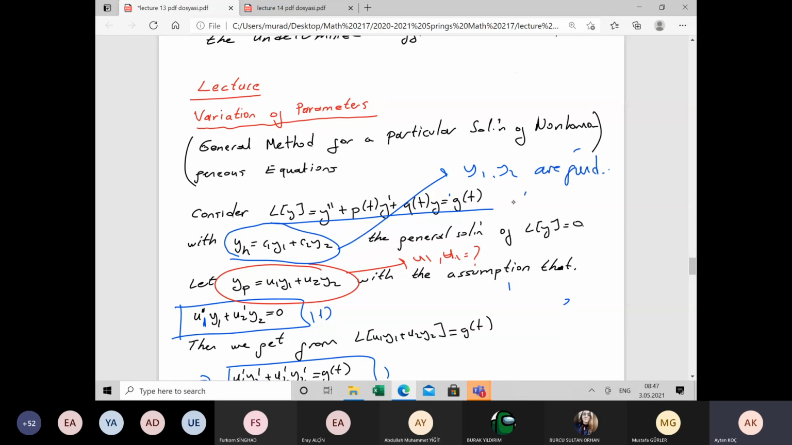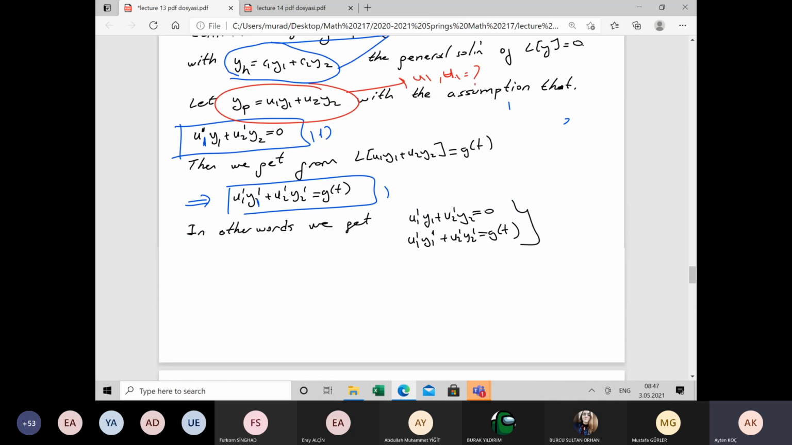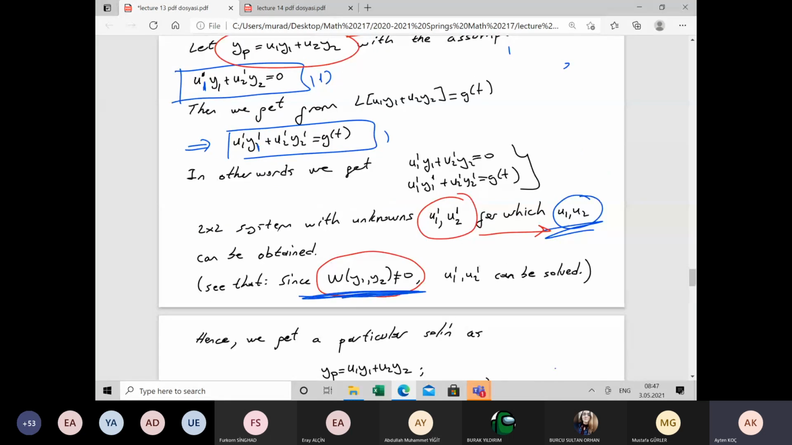Fundamental means the Wronskian determinant of y sub 1, y sub 2 is not zero. It's okay, not zero. What does it mean, this one? It means, right here, y sub 1, y sub 2, what's the Wronskian determinant? y sub 1 prime, y sub 2 prime, not zero. Look at our system. Our aim is to get